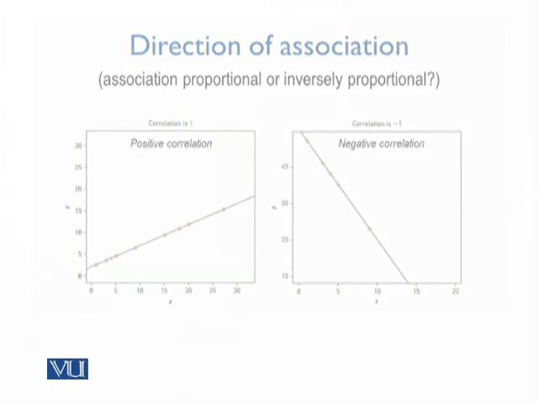So we've talked about the direction of the correlation. We're also interested in seeing how much they are associated, or the strength of their association. In that sense, we would classify the correlation either as a strong correlation or a weak correlation. So this is fairly arbitrary. There is no single point beyond which you would say that this is a strong correlation and this is